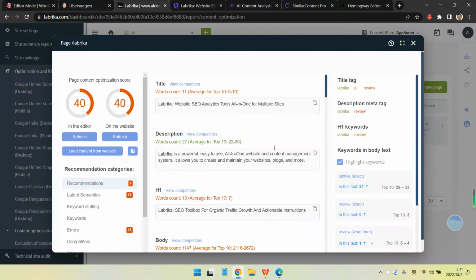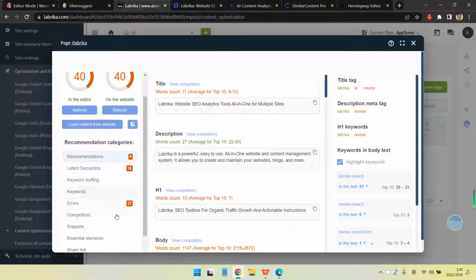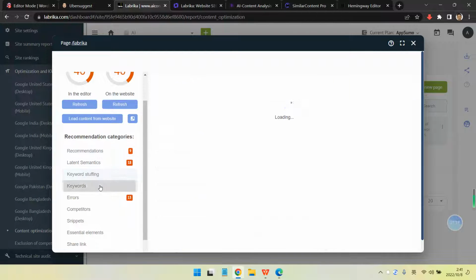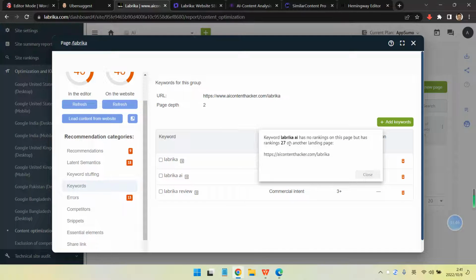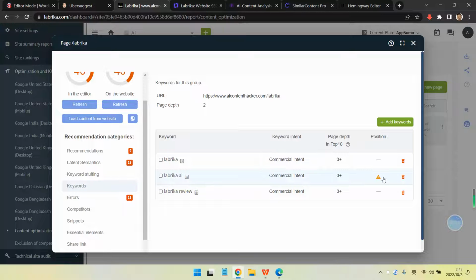But let's see. Look into this part. We can see the keyword stuff in all keywords. Yeah, this will precision. It already ranked on 27 as now real-time ranking is already ranked for this Labrika AI. It's already ranked, but I don't know why it shows no rank position here. I don't know. So this is the part, and it has no other warning. I think it's okay if I